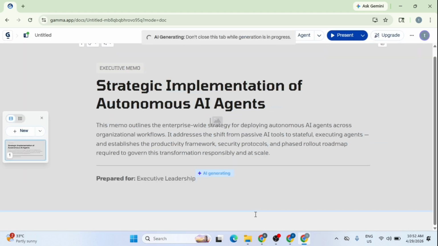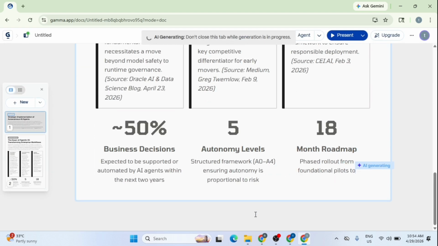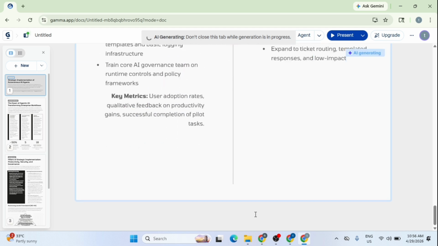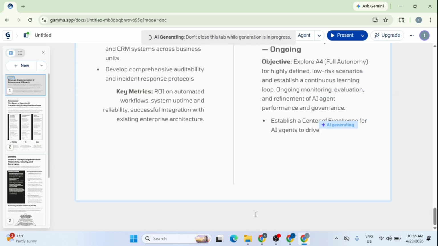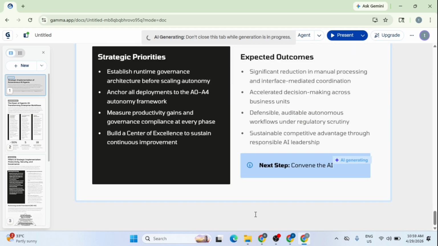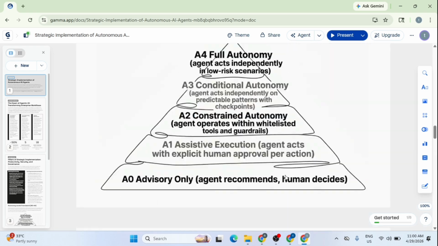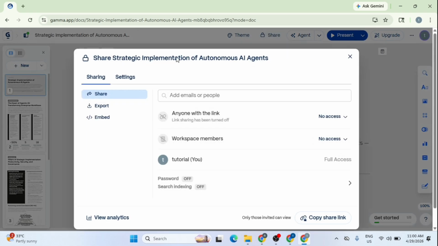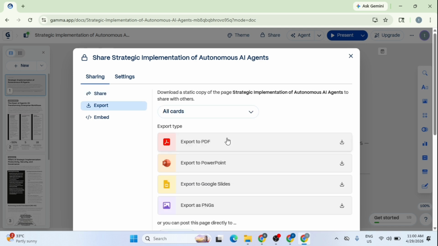I click Generate and watch as the AI starts building the document instantly. It handles all the writing for the executive summary and implementation plan in real time, organizing everything into a polished layout. Once the generation is finished, I click the Share button at the top, go to Export, and choose Export